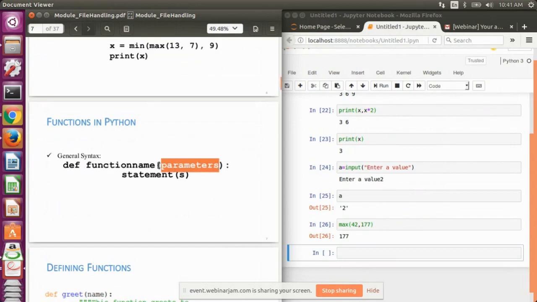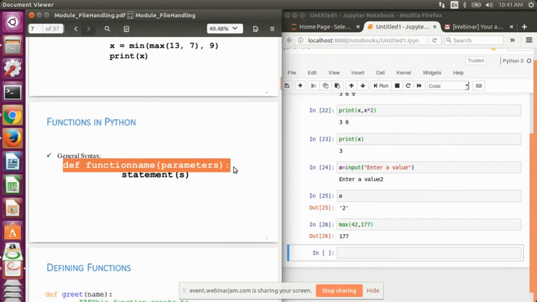But you need to write the brackets with empty input. Like def, function name, open bracket, closing bracket, without defining any parameters, and colon. So parameters are optional, but the other things, that is def, function name, the open and closing brackets, and colon, are the necessary syntax while defining a user-defined function.